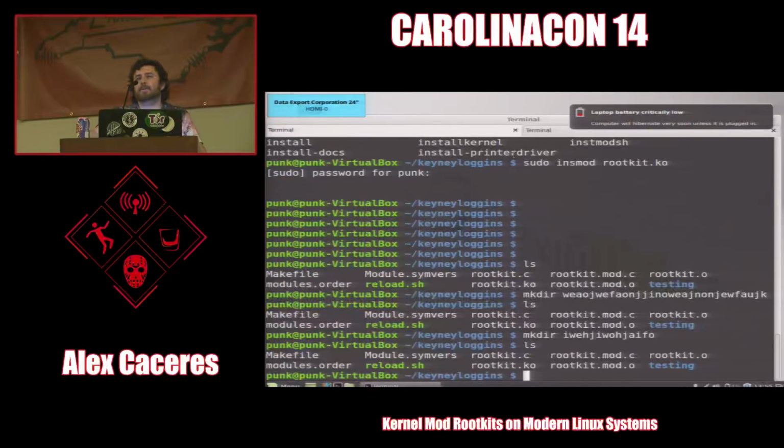Cool. Any other questions? Here. Oh, hey, sorry. Wouldn't it be just as easy to make the syscall table look like the original syscall table so you couldn't detect any rootkit? Yeah, so the question is, wouldn't it be easy to make the syscall table look like the original so that it didn't look like a rootkit? That's a really good question.